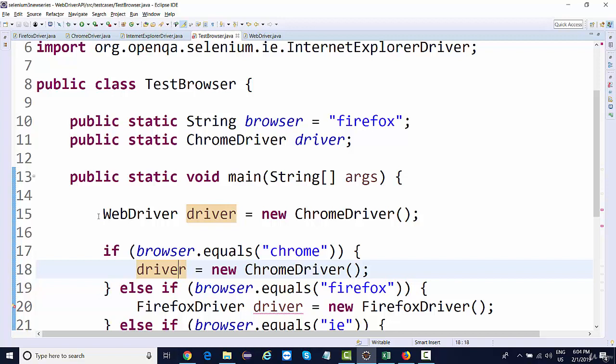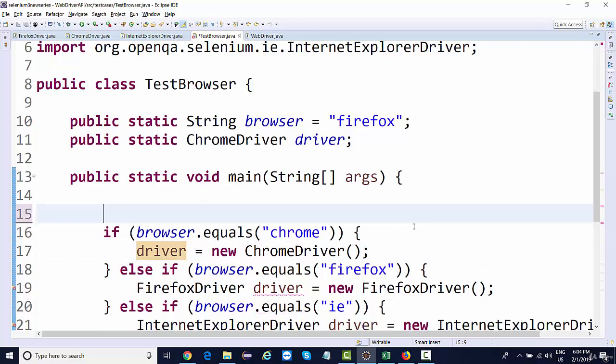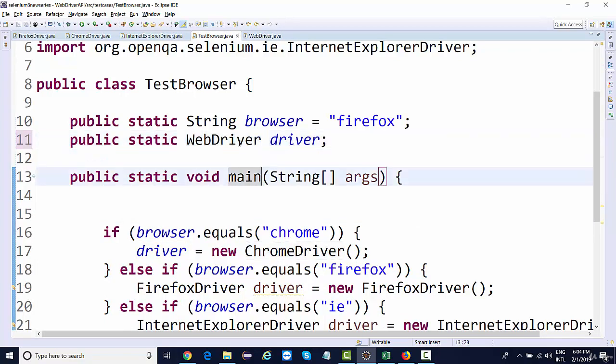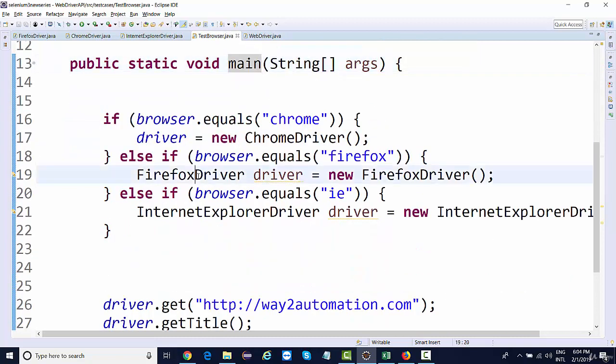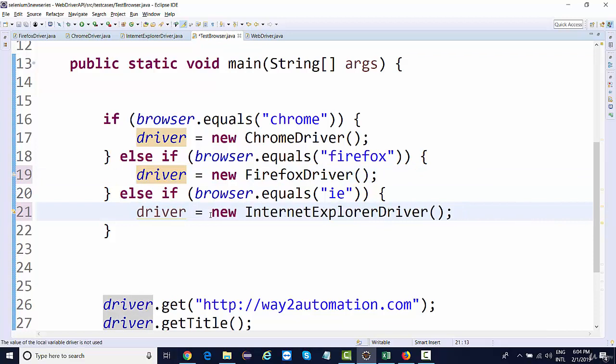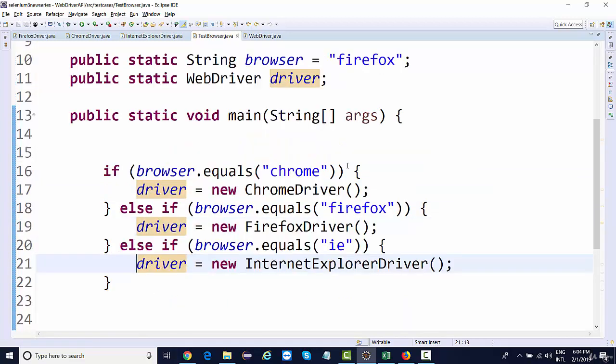So the type will remain the same, right? So instead of writing Chrome driver over here, if I write WebDriver and remove all these types and assign a generic type, which says WebDriver driver equal to new Chrome driver, driver equal to new Firefox driver, driver equal to new IE driver, based on the value.